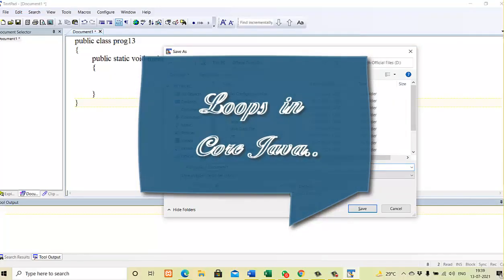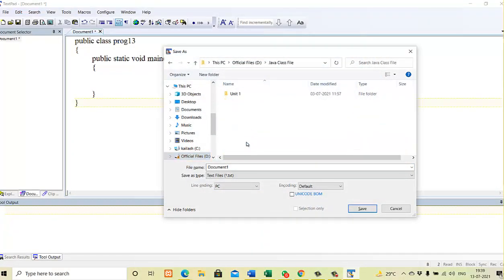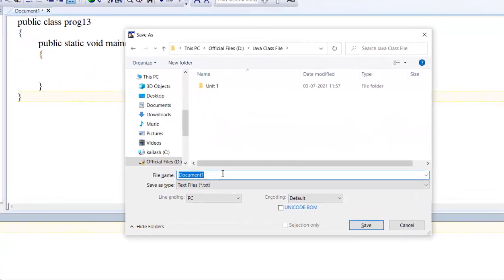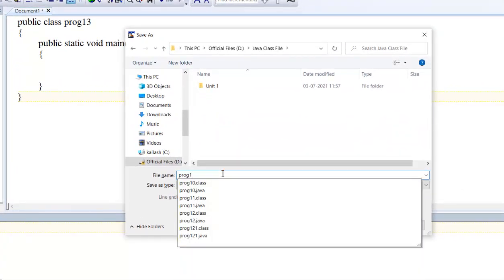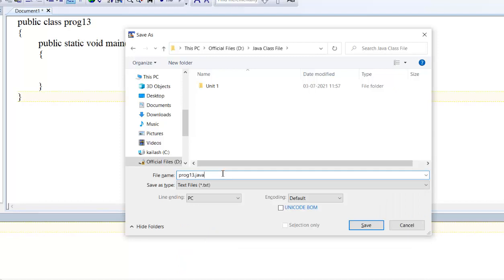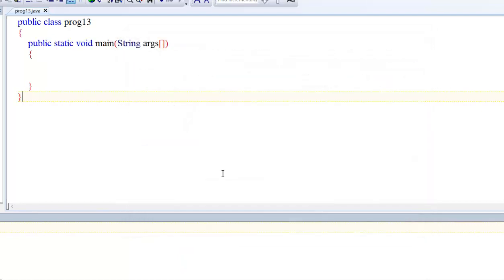So how will I save this? As you all know, every program must have the same name as the class name. So this is program 13.java, right? I have saved this. Now I want to use a statement in the main part, but today I am going to explain about the